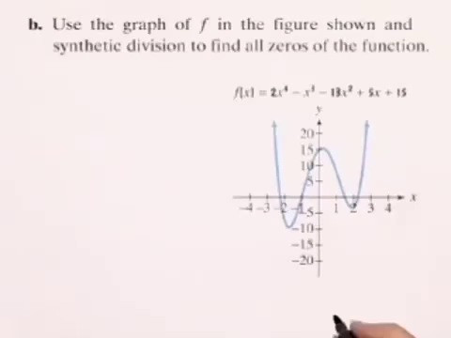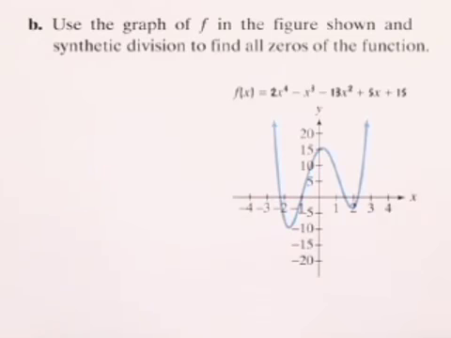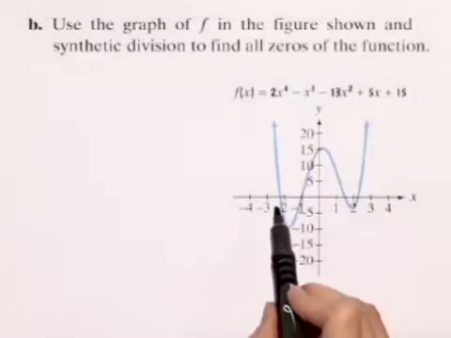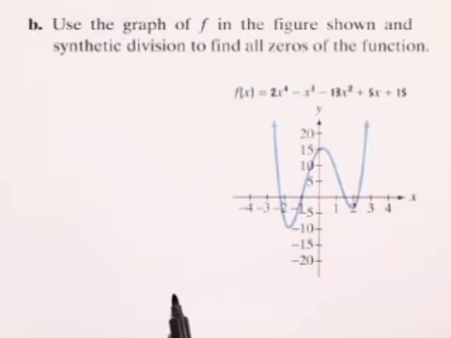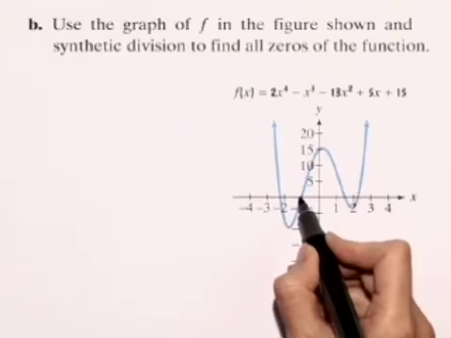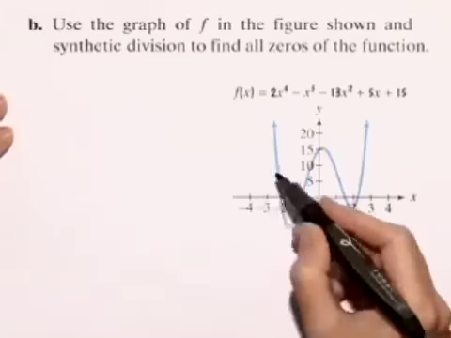Let's use the graph of our function and synthetic division to find all the zeros. Well, based on the graph, we can see that the graph crosses the x-axis in 4 different places, but only one of those places, right here at -1, does it cross right on an integer value. So we know that -1 is one of the solutions to our equation, or in other words, it's a root